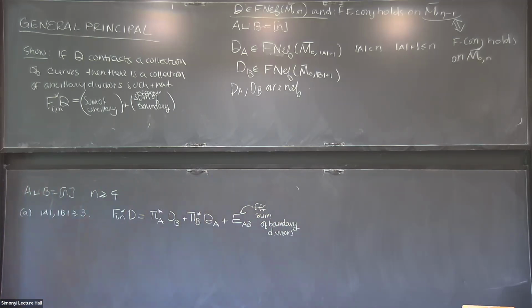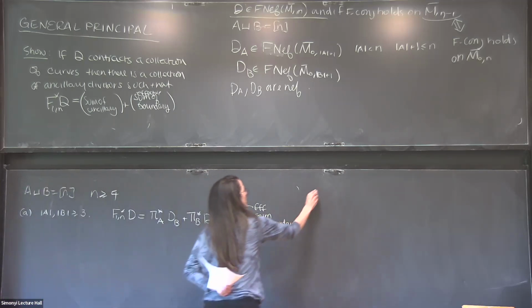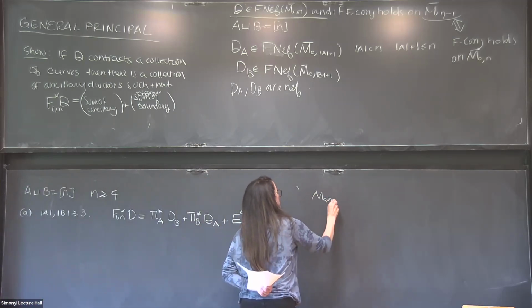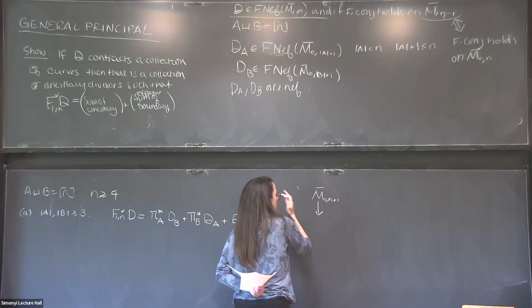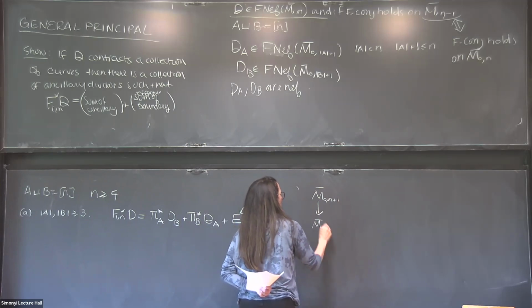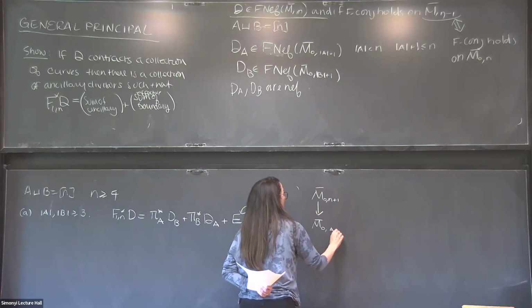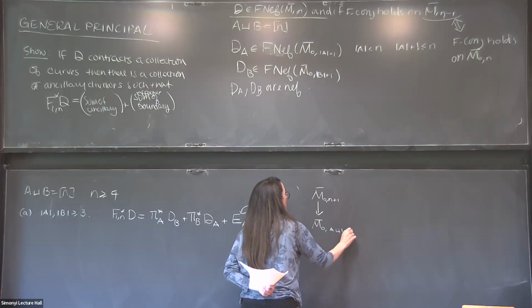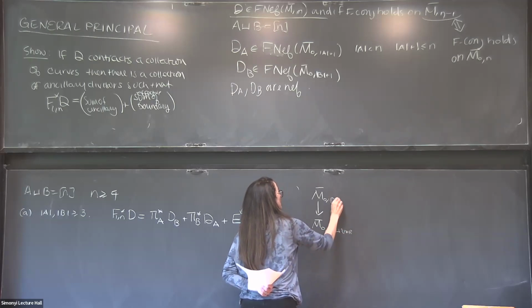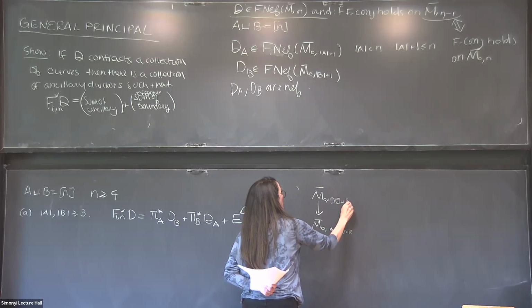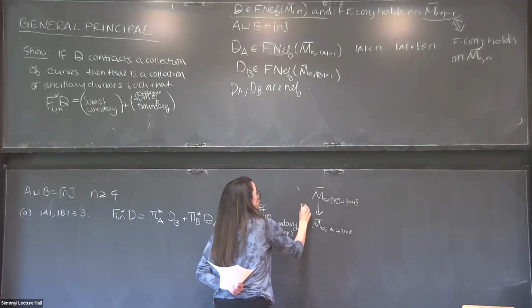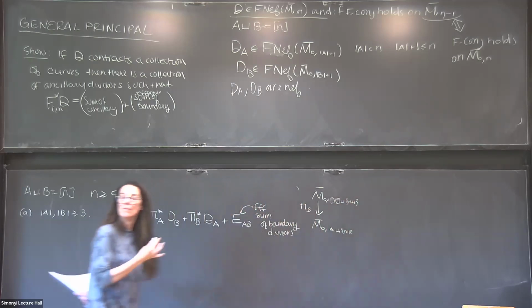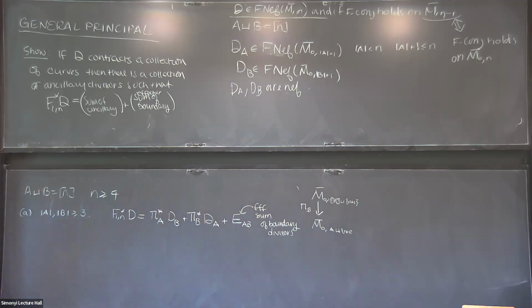Oh, that's a composition of point dropping maps. Okay. So M0,N+1 goes down to M0,A union N+1. So I think about this as N union N+1, and I can just drop all of the points labeled by B and stabilize if necessary. And then